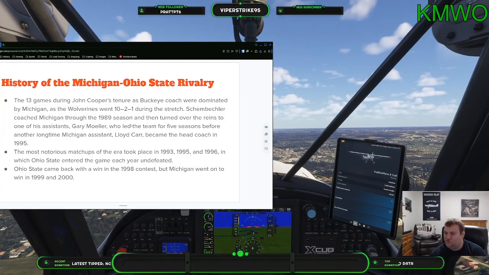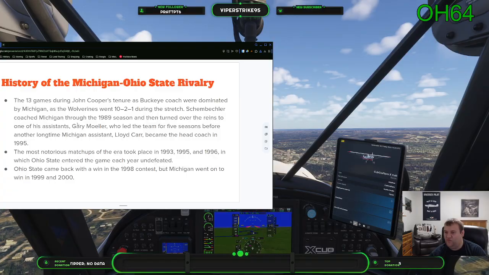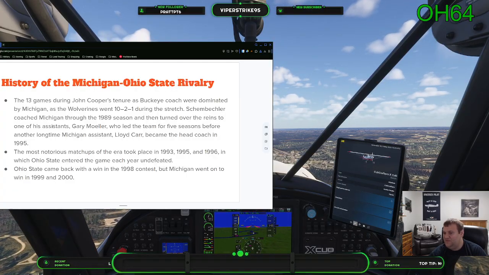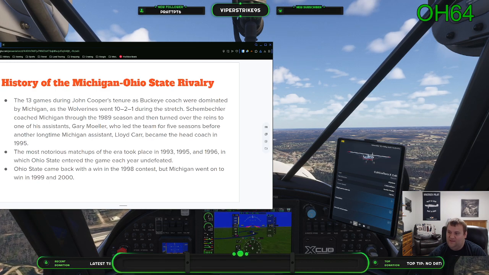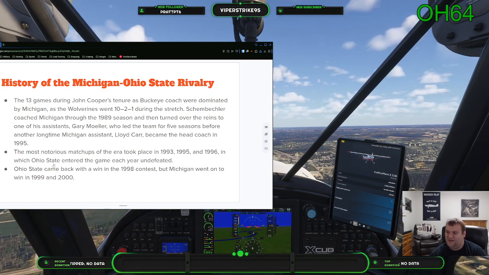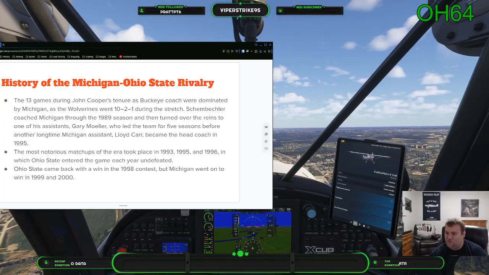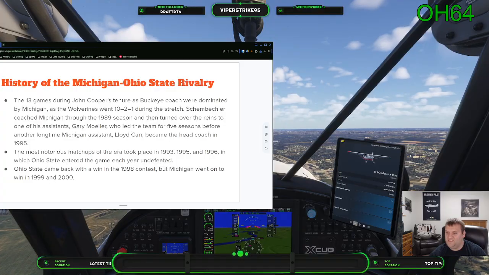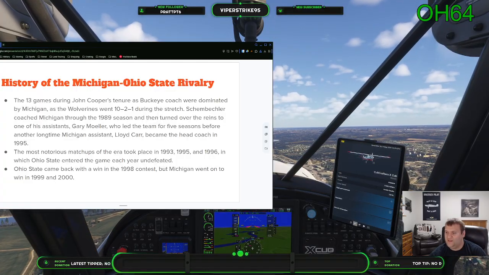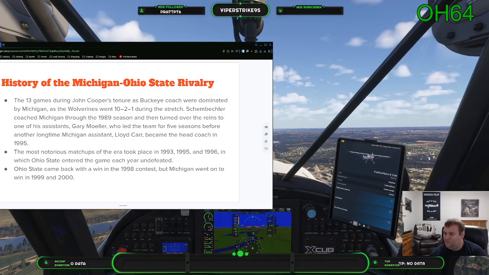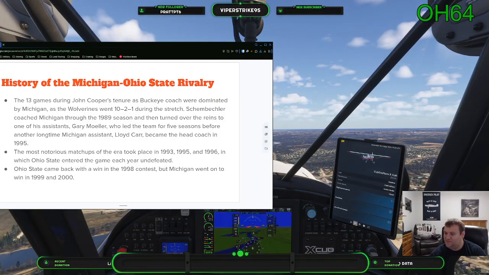Eventually, Schembechler coached through the 1989 season, and he turned over the reins to one of his assistants, Gary Moeller, who led them for five more seasons until a longtime Michigan fan favorite coach, Lloyd Carr, took over in 1995. Some of the most notorious matchups of that era took place in 1993, 1995, and 1996. Ohio State entered the game each year undefeated, only for Michigan to beat those teams.